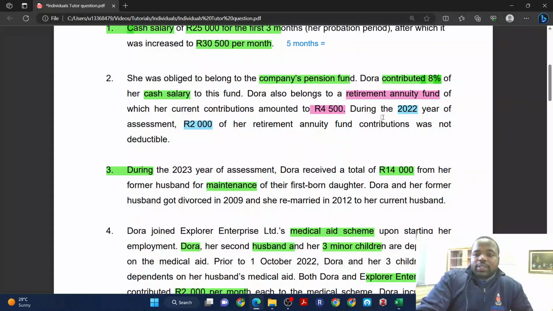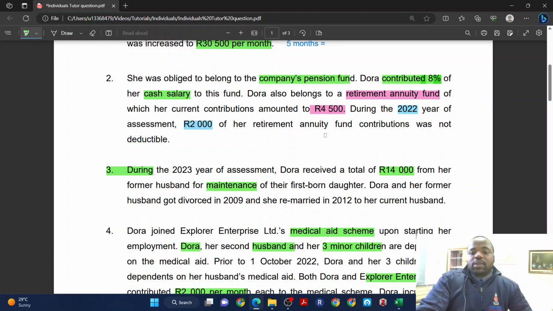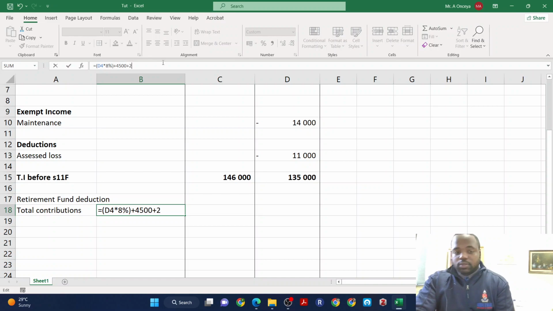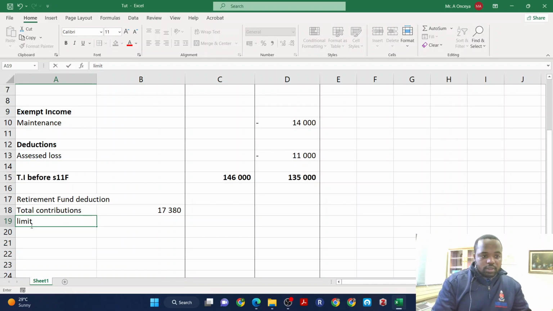And then last, we are told that during the 2022 year of assessment, she could not claim 2,000 of her retirement annuity fund contributions, so it was not deductible. Not deductible means you can add it this year. So we go and do that: plus 2,000 rands. Then we limit this deduction of 17,300 to the lesser of: